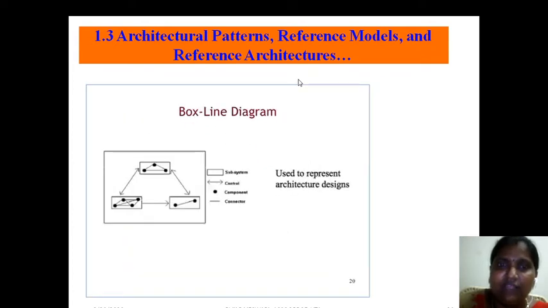Right. So see, before continuing with our main topic, I want to give some layout. What is a box? What is a line diagram? See, if you want to give any architecture, for example, I want to make a cycle. My teacher said to give a flowchart for making a cycle. So what do I have to start with?